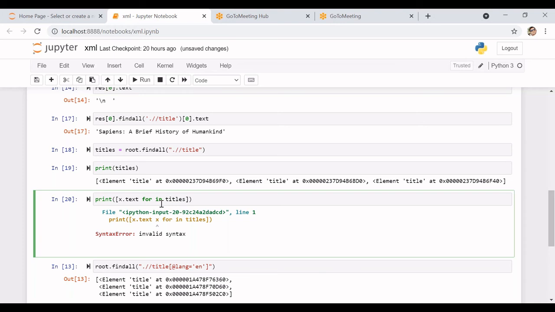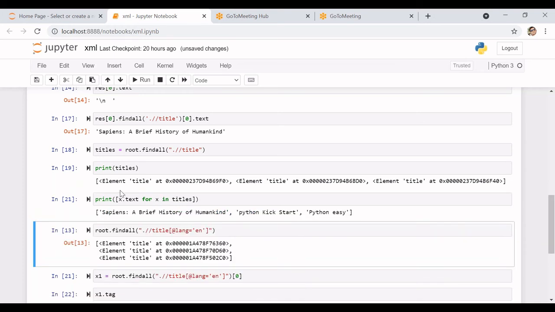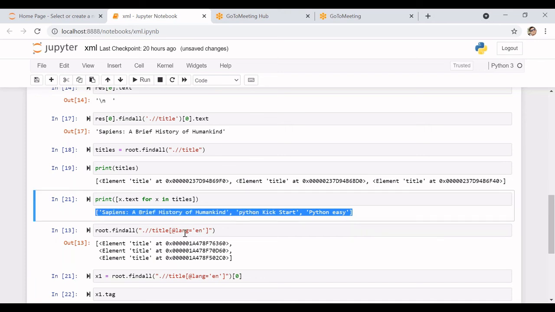A typo here. So you can see I got the three books name.